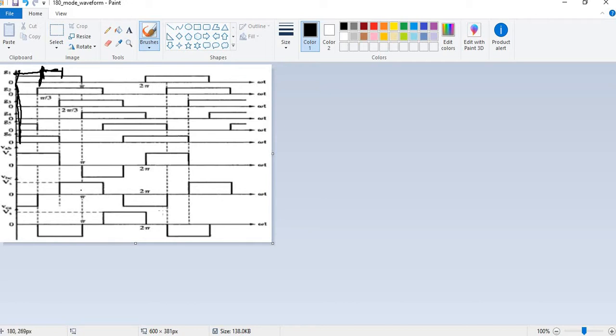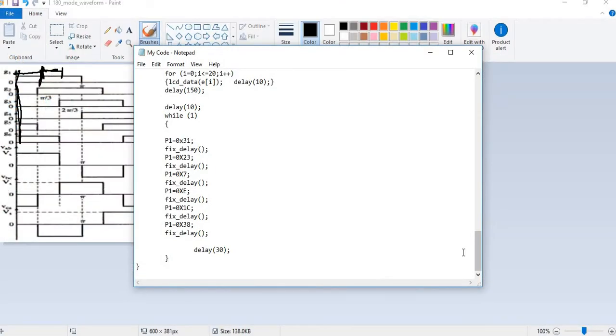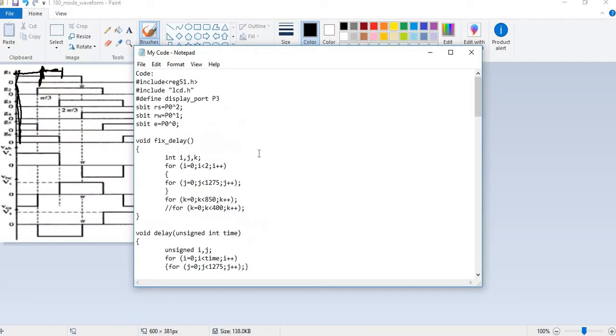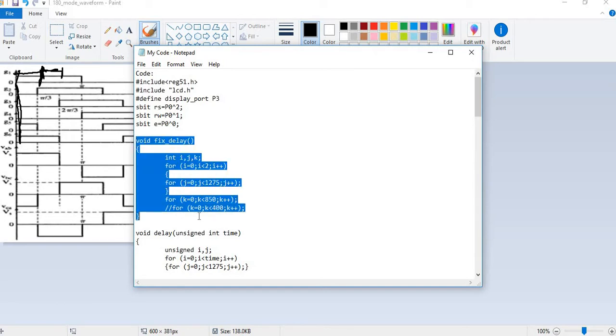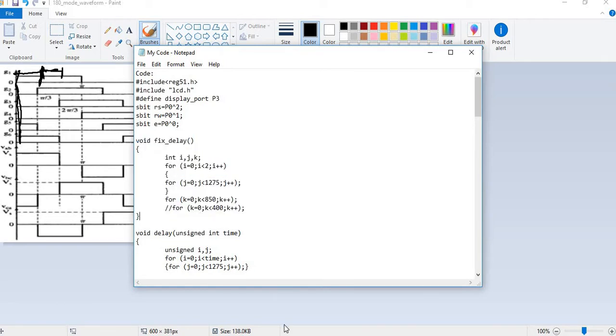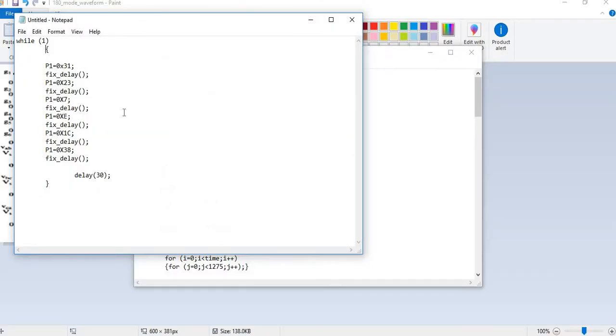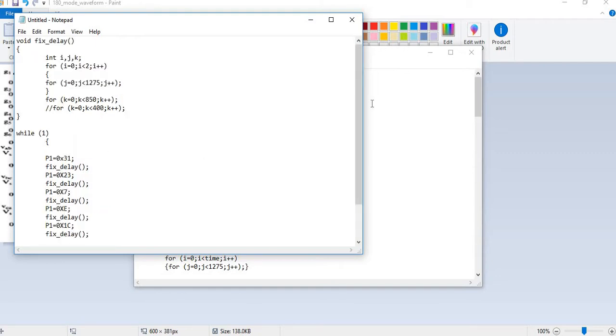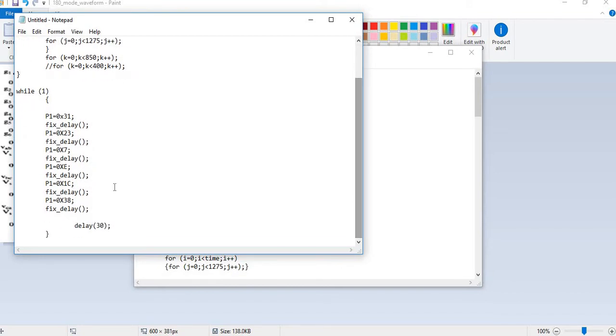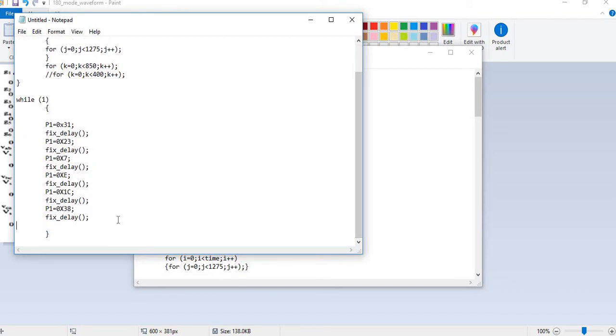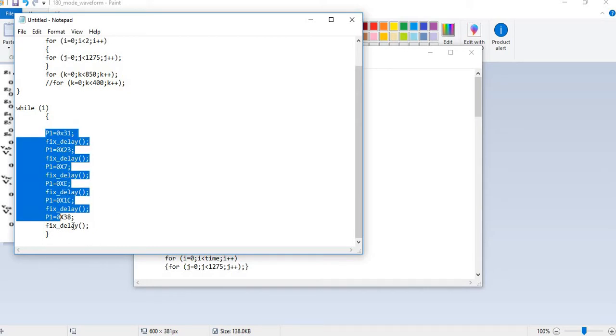So to give a delay of 3.3 milliseconds, I have made a function here. I've already calculated it, and I have made a function here. This is the function I'm going to tell you. Just copy it and paste it here. Okay, there is one more thing I need to tell you, that this coding that I've shown you is the coding for starting from 0 to 2 pi,